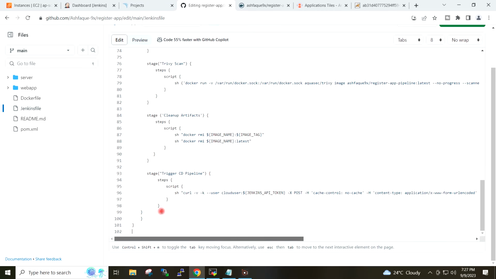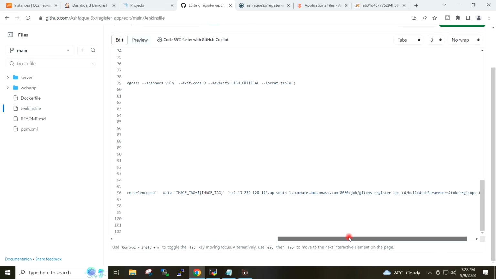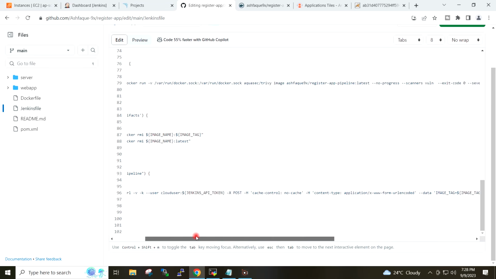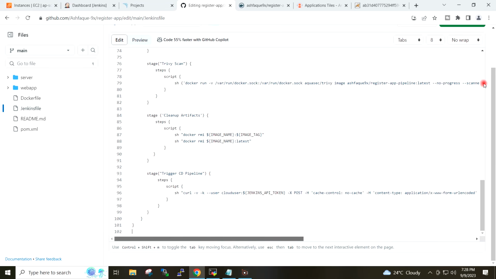I will correct the indentation. I will save this file.